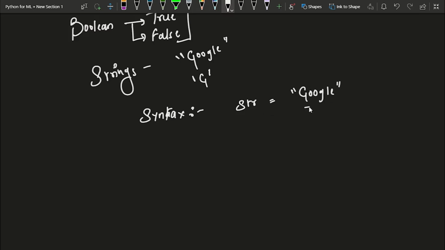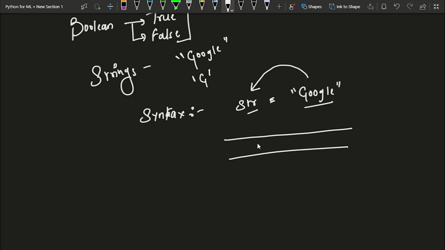So the value Google will be stored inside the variable called str. So str is nothing but the name of the variable. You can give any name to this variable, and this is the assignment operator, which basically assigns whatever is to the right of it to the left of it. Now in memory, strings are represented as this.